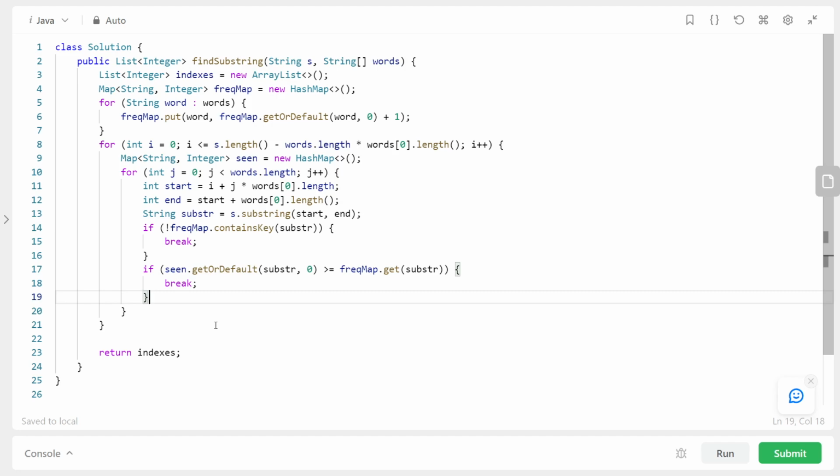And that's valid because actually, we can't, sorry, let me step back a little bit. We can't say if it doesn't exist in seen yet, because that's a valid scenario. If it doesn't exist in seen, that's a valid scenario, but if it is,